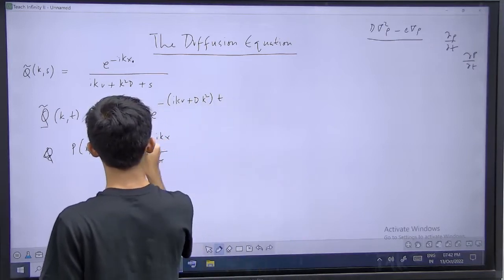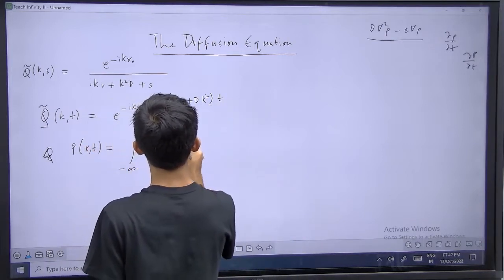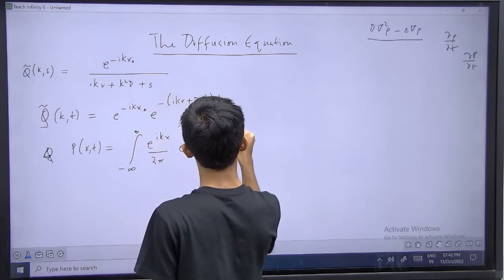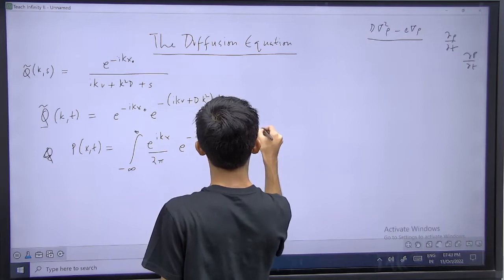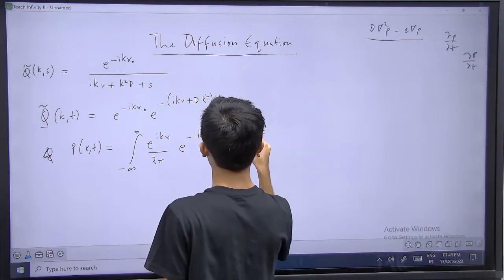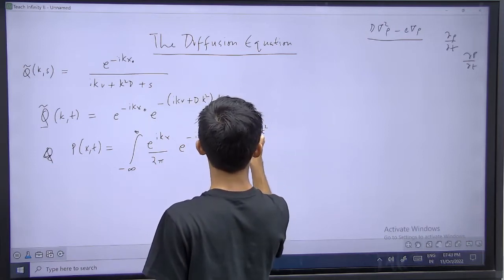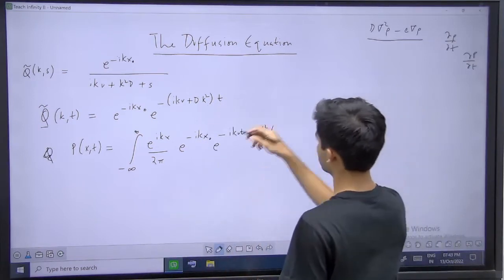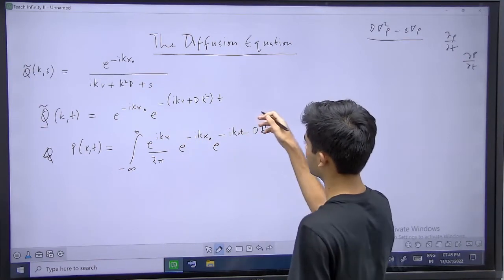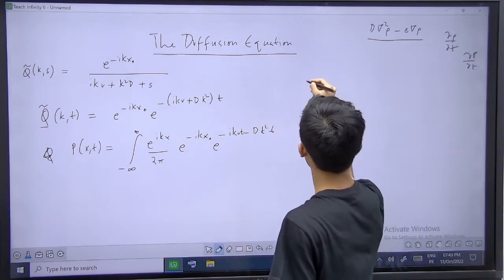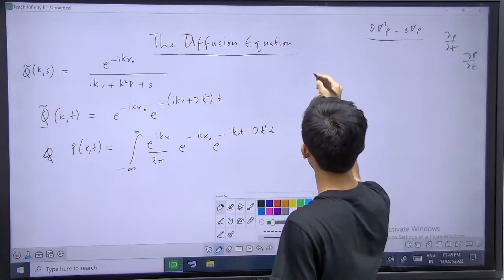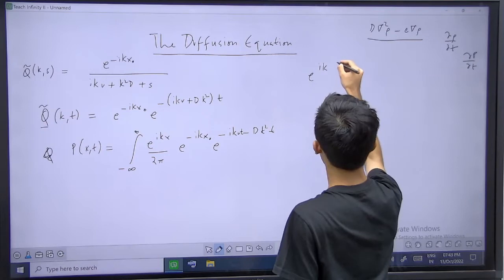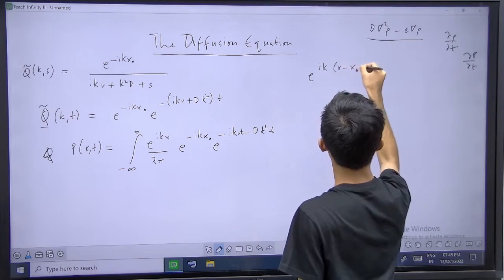So from minus infinity to infinity, e raised to minus ik x naught, e raised to minus ikv minus dk square t. Right? I'll just write down that. e raised to minus ikv. And so first thing I do is I take that x minus x naught instead. So I can write this as, I'll do this on the side, e raised to ik x minus x naught minus